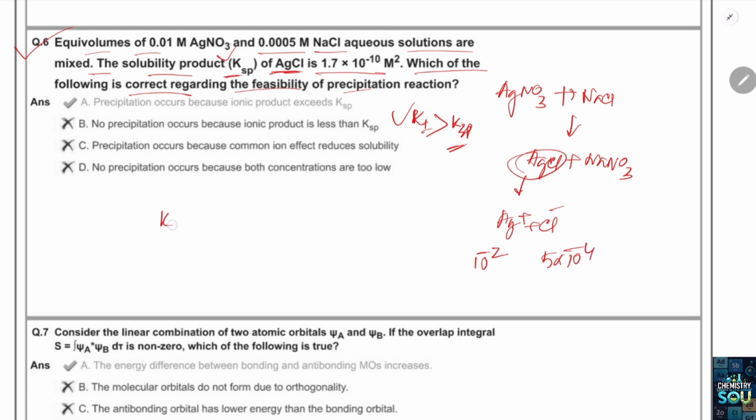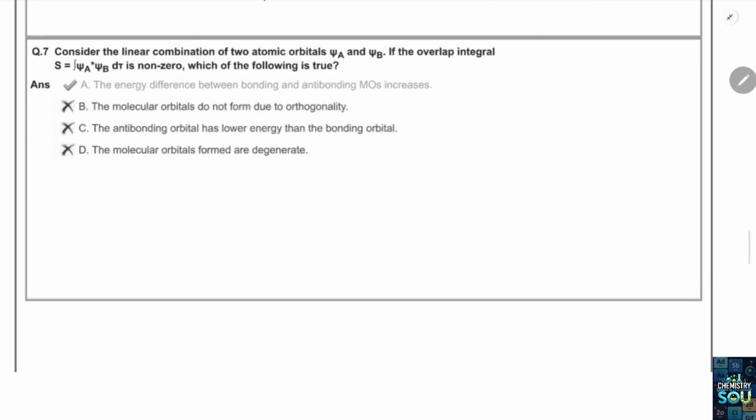Okay. So Qsp, the ionic product, is equal to the concentration of Ag plus times the concentration of Cl minus, and that is equal to 5 into 10 to the power minus 6. That is much greater than the Ksp. So precipitation occurs because the ionic product exceeds the Ksp. A is correct. In the question number 7,